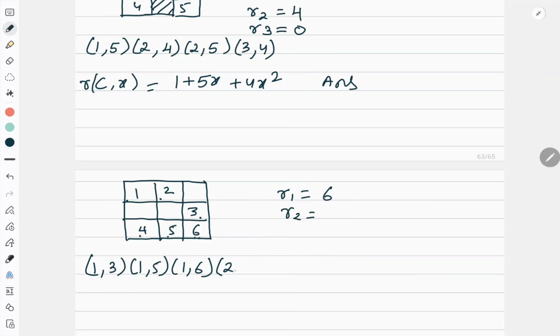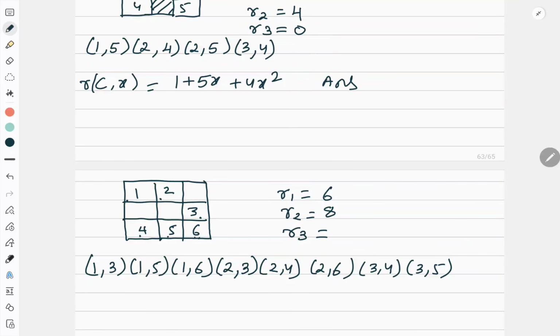Now it's 2's turn. Turn-wise, if you do it, you will not miss the combinations. 2 can sit with 3. 2 can sit with 4 also. 2 cannot sit with 5, but 2 can sit with 6 also. Now come to 3. 3 can sit with 4. 3 can sit with 5. Means I can place the pawns on these positions. That is the meaning. And 3 and 6 cannot be counted, right? Then 4 obviously is in line with 5, 6, no meaning. 5 again no, 6 again no. So 1, 2, 3, 4, 5, 6, 7, 8.